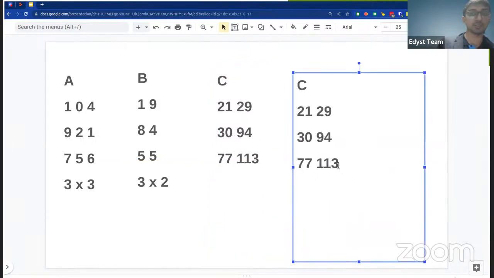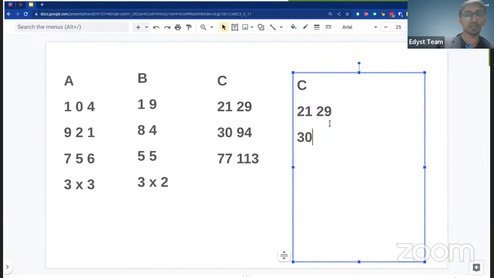Okay, so first one will be 1 into 1 plus 0 into 8, which is 0, plus 4 into 5, which is 20. So this becomes 21. Very good. Next one will be 1 into 9 plus 0 into 4 will be 0 plus 4 into 5, 20. So it's going to be 29. Very good. Next one, 9 into 1, 9 plus 16 plus 5, which is